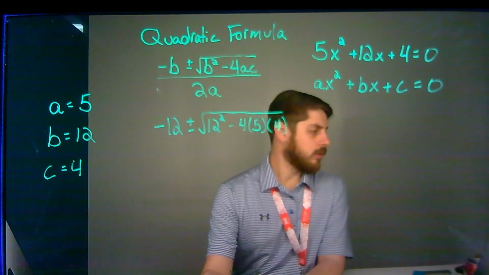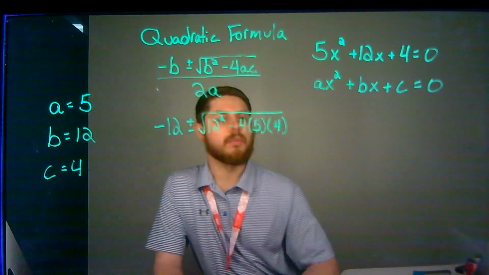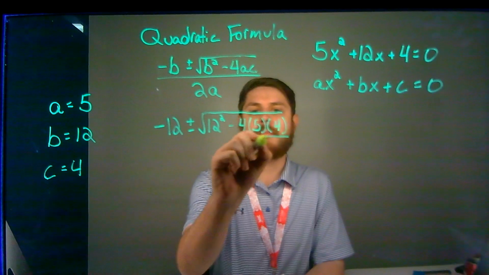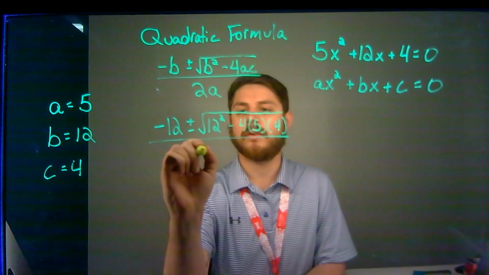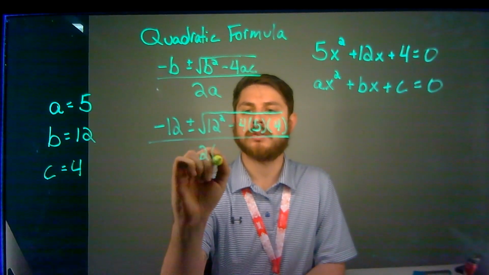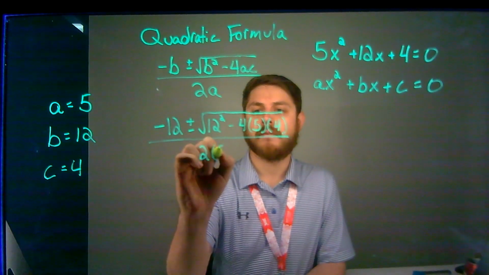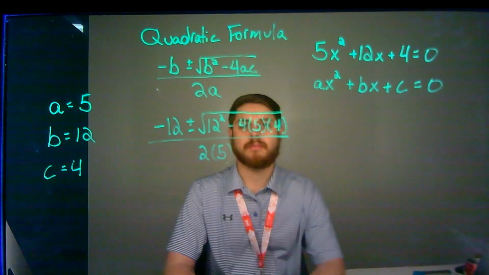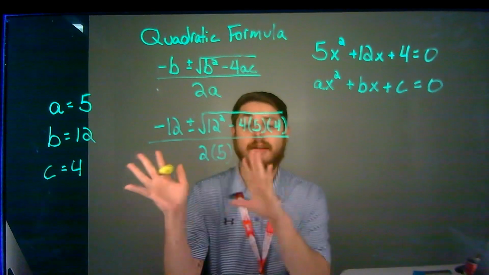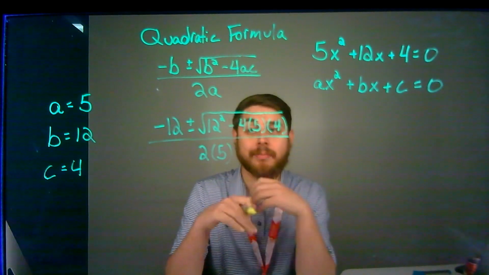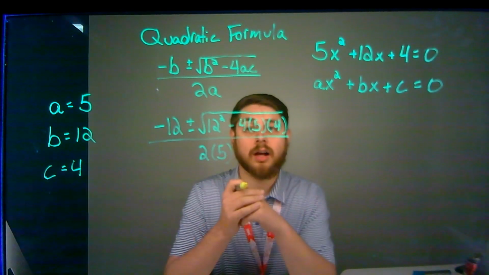So that's what we have so far. And then in the bottom, this is all over 2 times my a, or 5. So now that I've got all my numbers substituted in, I'm then going to simplify and reduce this